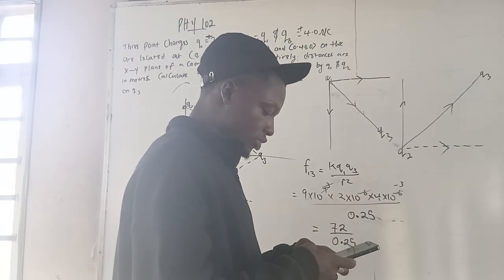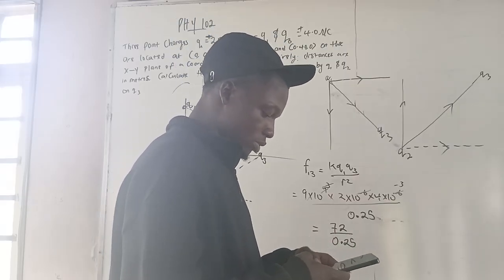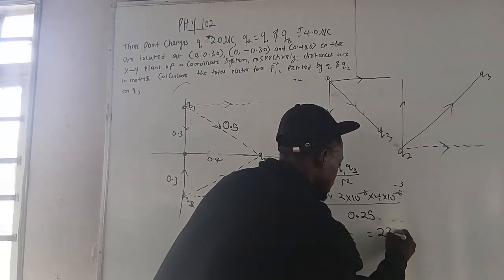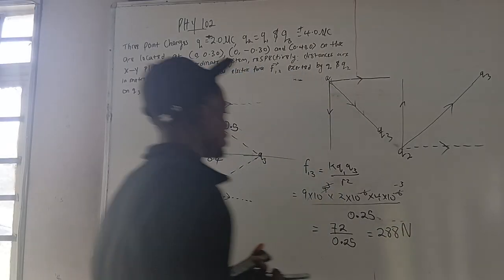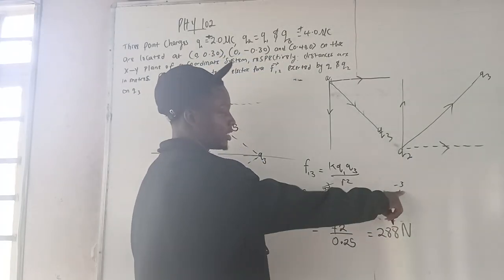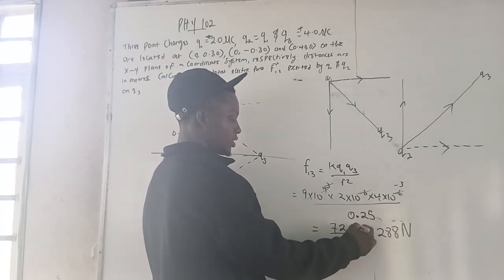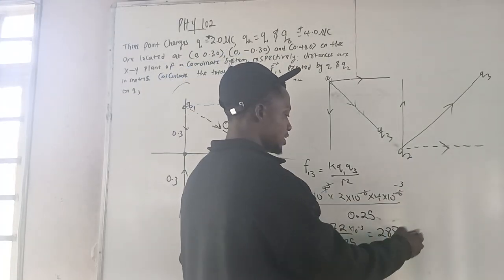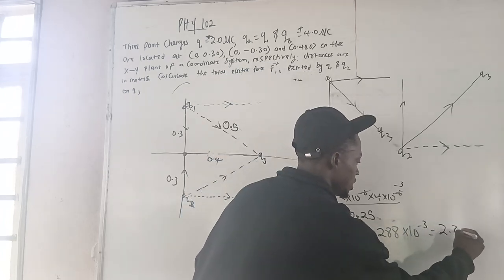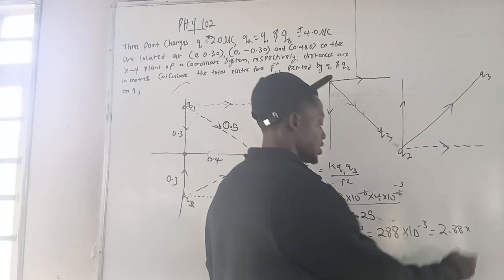72 divided by 0.25 rather. 72 divided by 0.25. So that equals 288 Newton. Oh, sorry, 72 times 10 raised to the power minus 3. There is a times 10 raised to the power minus 3 here. So 288 times 10 raised to the power minus 3 equals 2.88 times